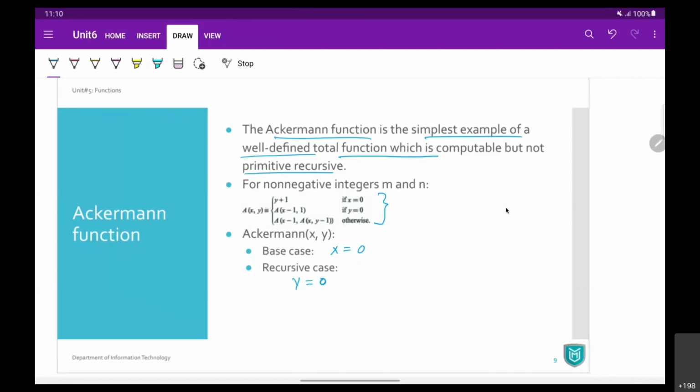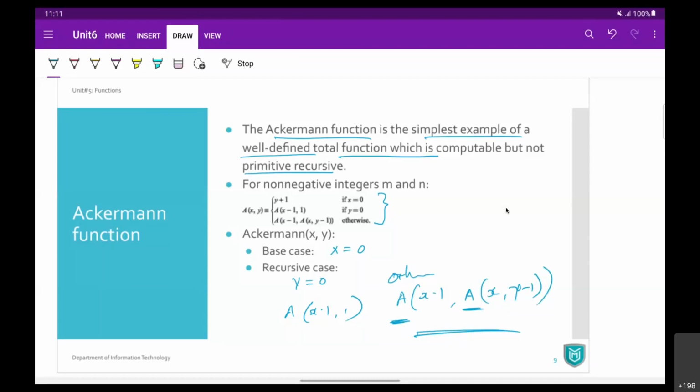If y is equal to 0, then you are going to call Ackermann with x minus 1, 1, something like this. Otherwise, you are going to call the Ackermann function with x minus 1 and, as the second parameter, multiple levels of recursion are going to happen here. Inside that second parameter itself is the recursive call with y minus 1 like this. And that's why it grows in a more than exponential way.